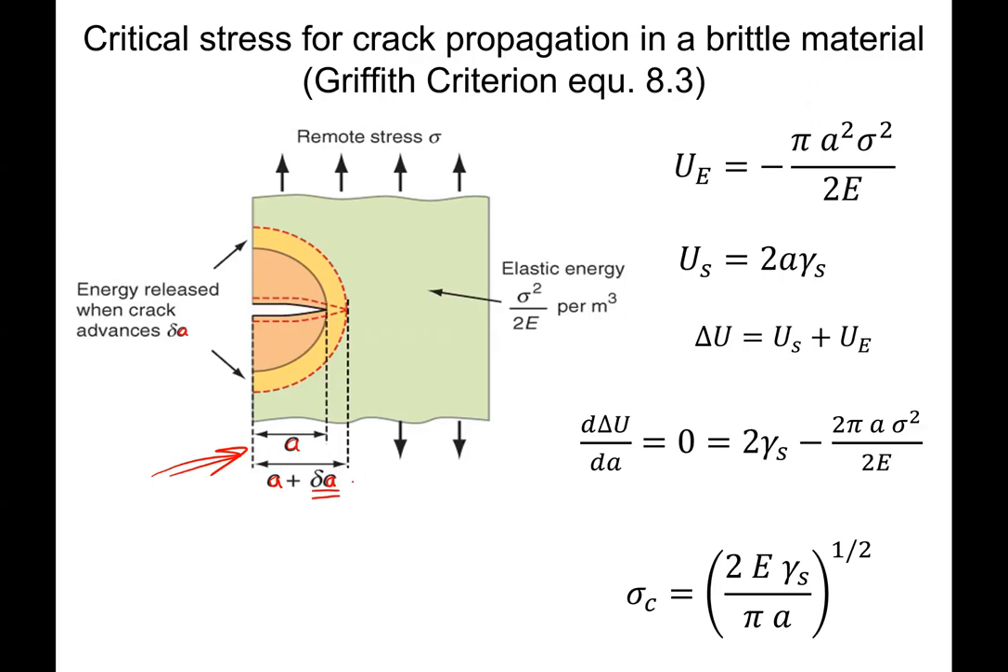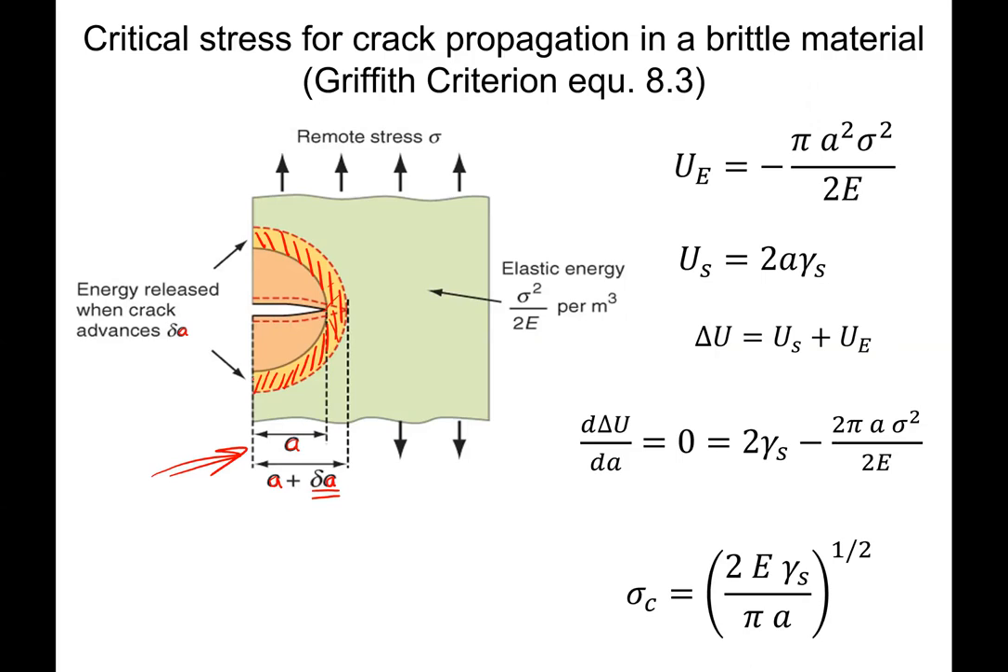And when the crack advances that delta A, it will release the strain energy in the material around the crack, and it does this in kind of a circular geometry. It's not quite circular, but it's a reasonable approximation for what we're doing. And so this area here is the new elastic strain energy that's been released as that crack